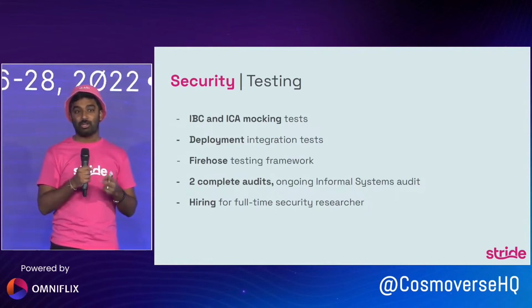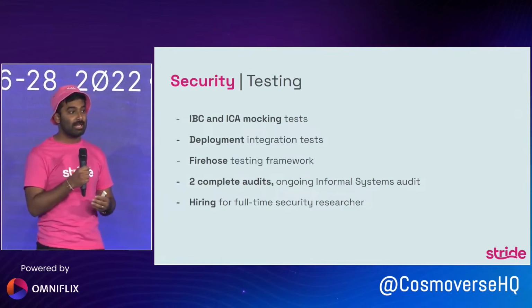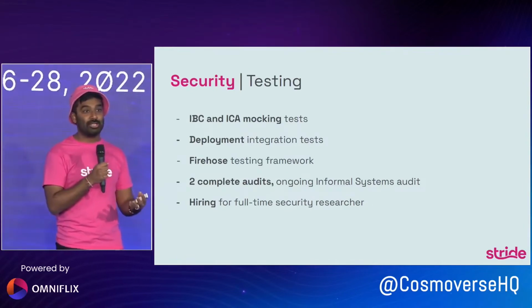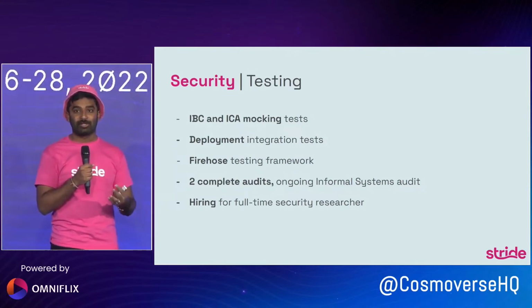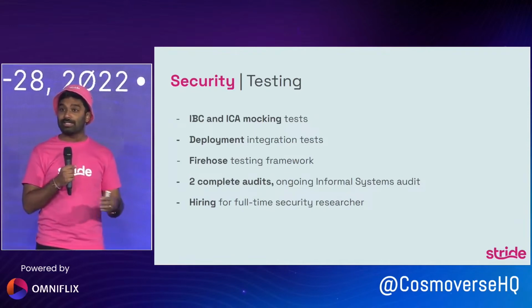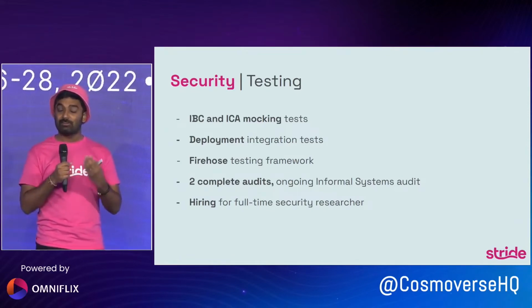We've also finished 2 audits before launching from Certik and Oak Security. And both of those audits included really heavy-duty testing of the Stride protocol. We also just kicked off a 3rd audit from Informal Systems that's going to further help us test Stride. It doesn't just stop there. Our plan is to keep ongoing audits for Stride to make sure our chain remains secure as we scale all throughout the Cosmos.